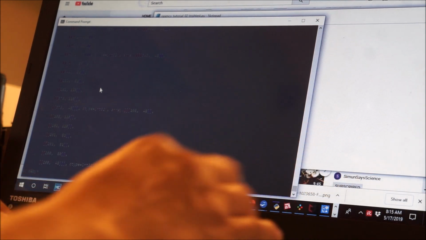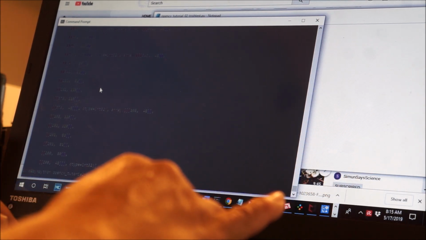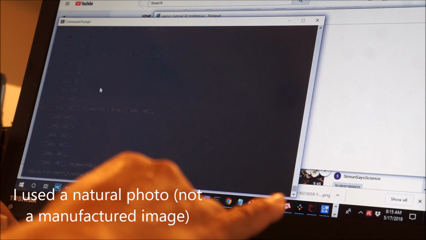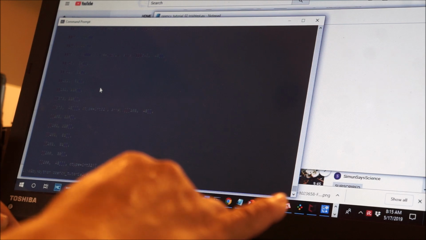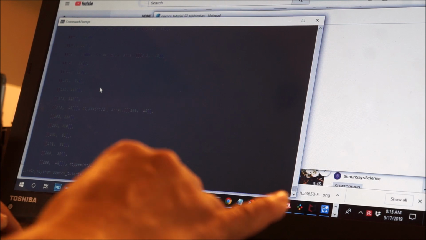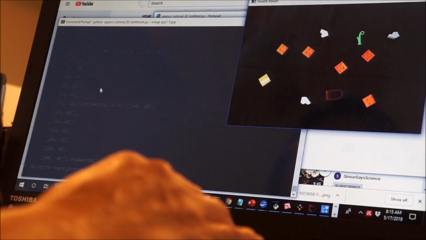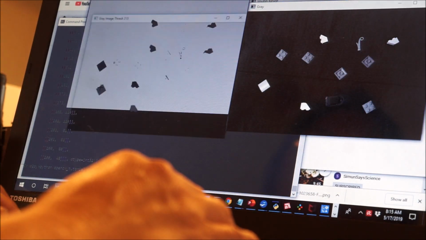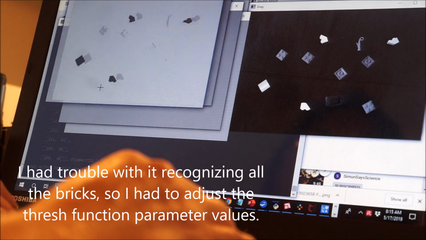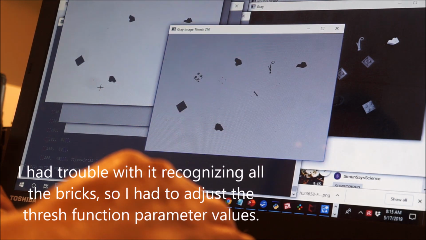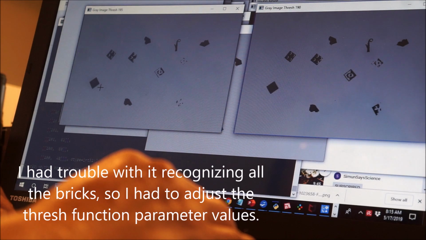Okay, this is, I'm trying to count Lego bricks using an image that I have, right? So let's use this image. Trying different threshold levels and finding them,